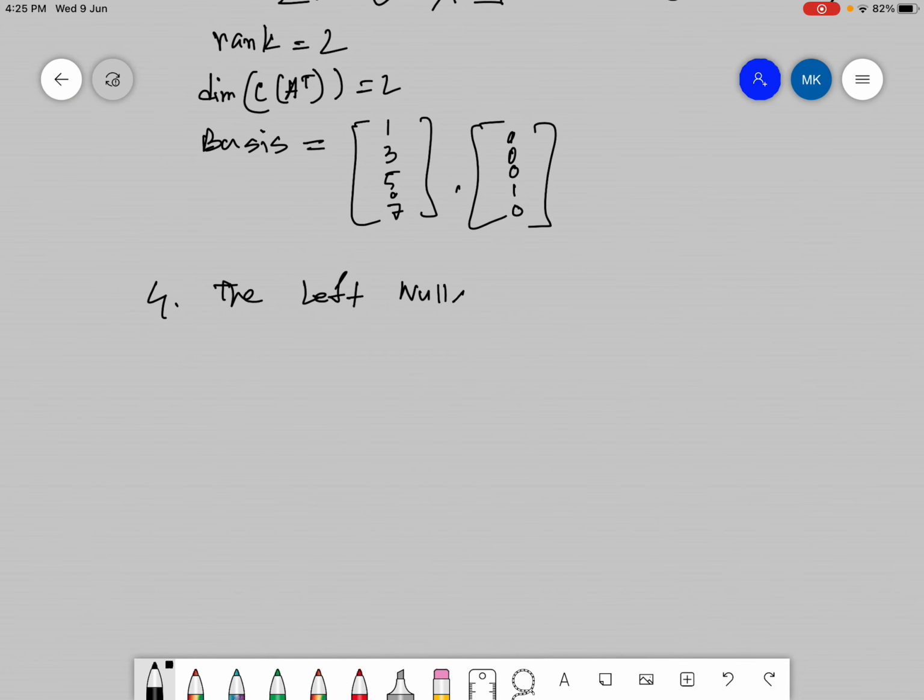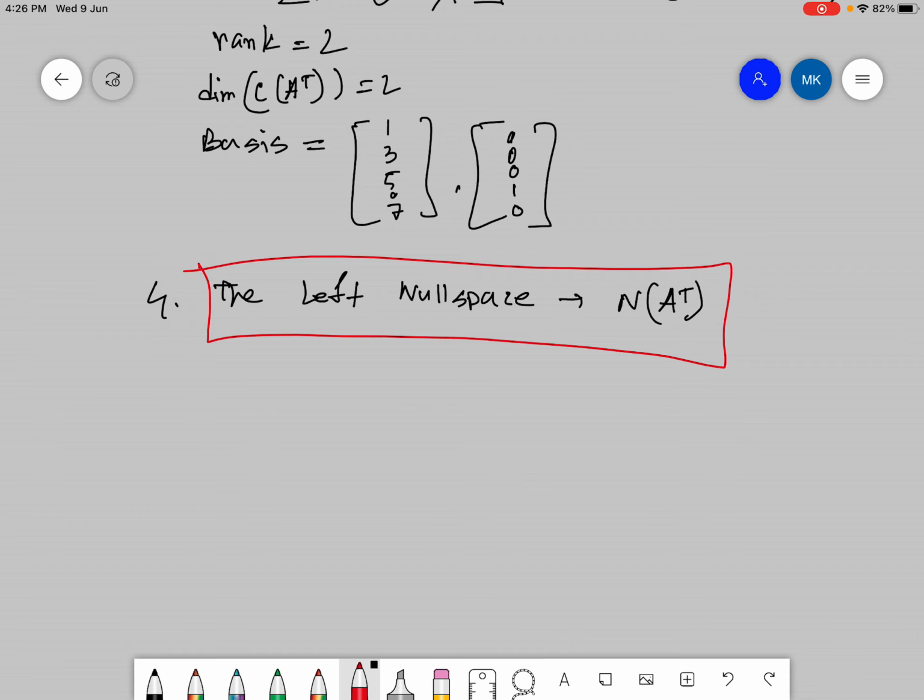The left null space is basically the null space of the row space. Okay, so this is written as the null space of the row space. So let's say you have A transpose y equals to 0. So y is basically the null space or the special solutions. Okay,